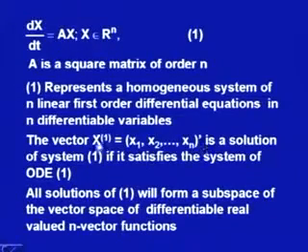If you look at this, this is a solution. What is x1? x1 has to be a function of t, it has to be a differentiable function. x2 also has to be a differentiable function, because all these are to be substituted here. If any of them is not differentiable, then you cannot say that it is dx by dt. When you cannot form dx by dt, there is no question of satisfying this differential equation. So, first thing is that this has to be a differentiable function, and when you substitute it here, this should satisfy this differential equation. So, each solution vector is a vector in n dimension.